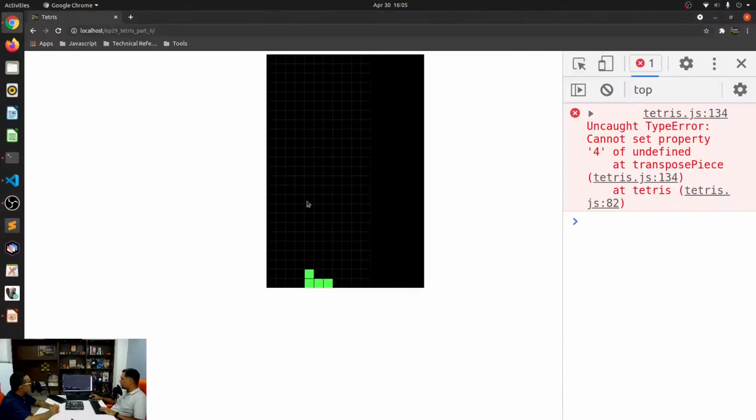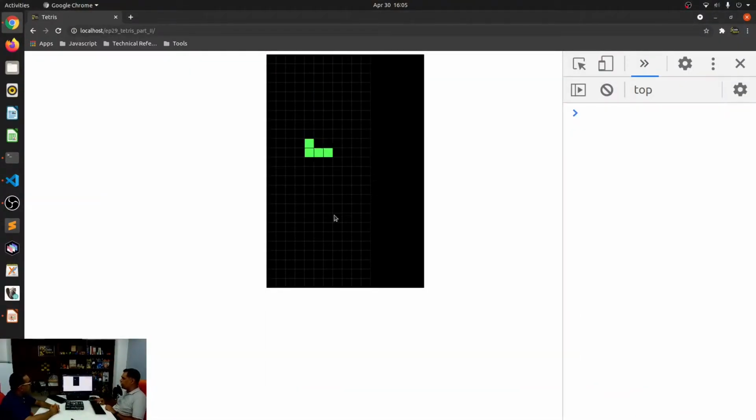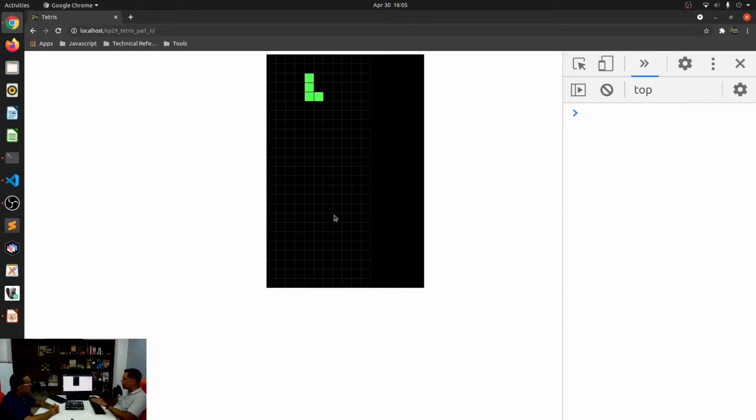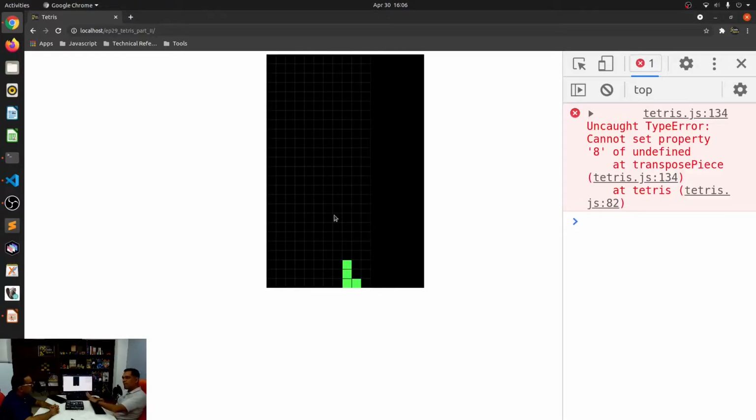All right. So now that we have that, we just left it here like this, where we could rotate the pieces and it was falling. Yeah, we could move it. There are some obvious issues over here that we'll need to handle and finish up today. One thing you'll notice is that I'm not able to go all the way to the right or to the left. We will handle those issues.